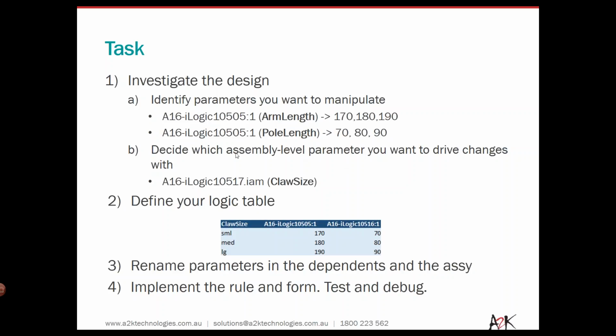And I also want to think about and decide upon the assembly level parameter that I want to drive changes with. So in my case here, the assembly level parameter I want is just a simple text option that I'm just calling claw size. So as I change the claw size, I want my iLogic to capture those cases and provide me with the